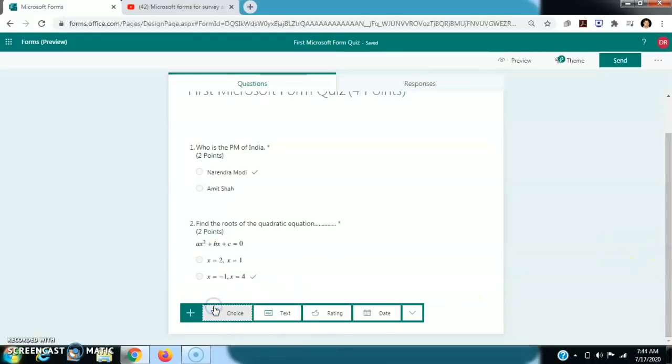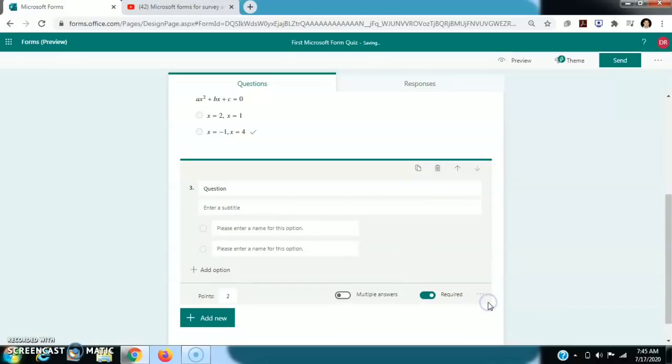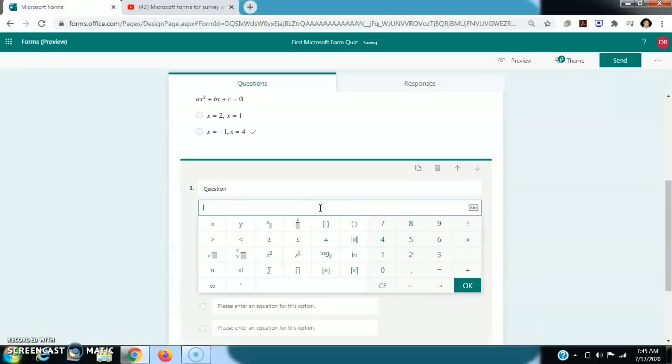Now if I want to add some question here, I choose math. The very interesting feature is we can also add LaTeX equations.